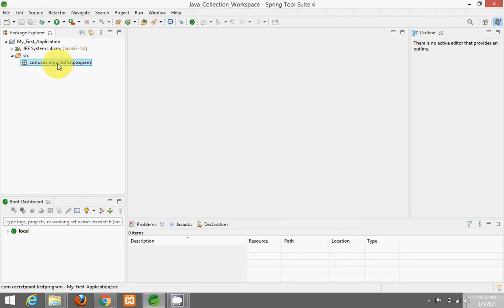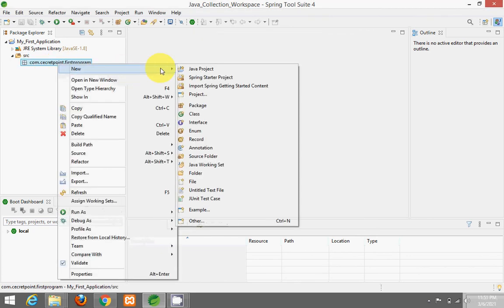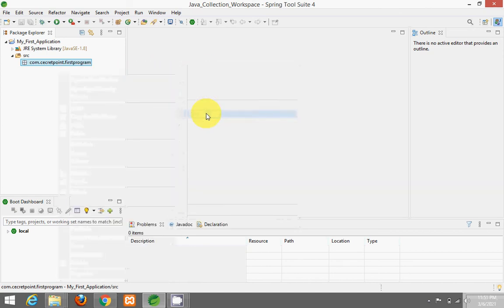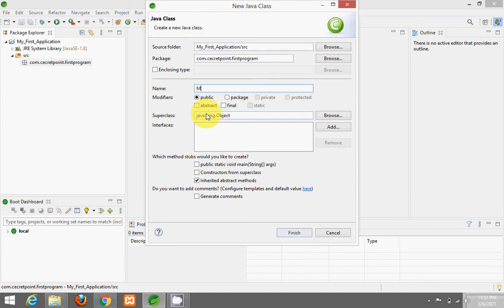Then under this package I'm going to create a Java class. For this you need to right click on that package, go to new and create a class, and I'm going to name this class MyFirstProgram. Here also you should follow the naming convention. As a good programmer you should follow the best programming practices.